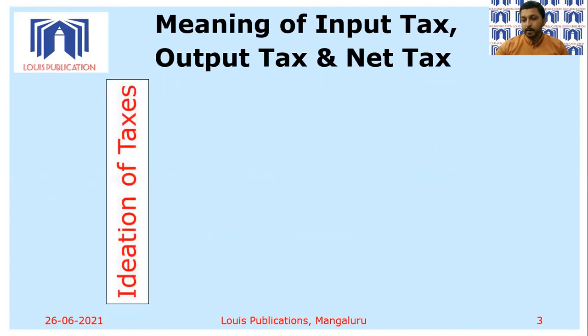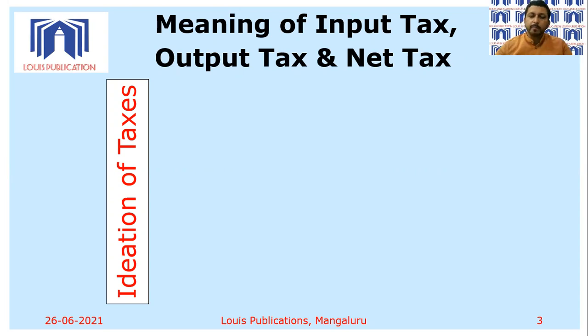Now, if you remember, I had mentioned the GST directory, or you can call it the GST dictionary as well, where there is a change of name. Purchases are called inward supply. Sales are called outward supply. Buyer is called the recipient. Seller is called a supplier. So we have different names given under the GST law.